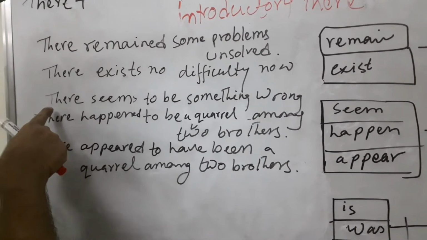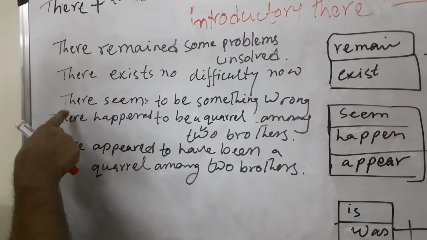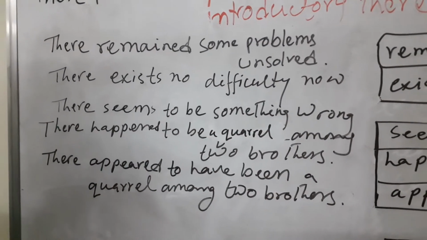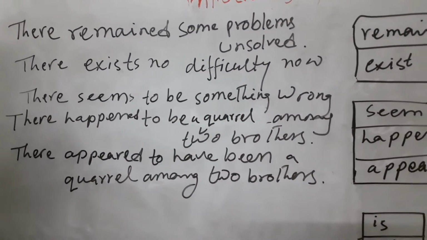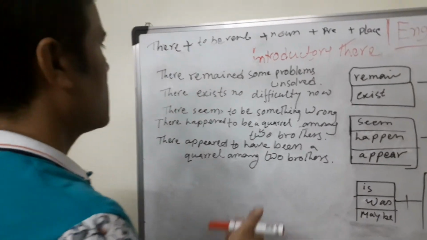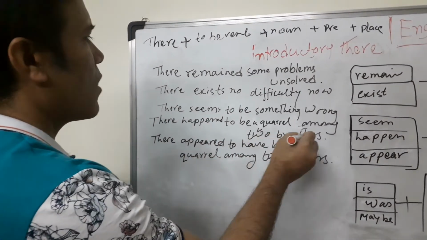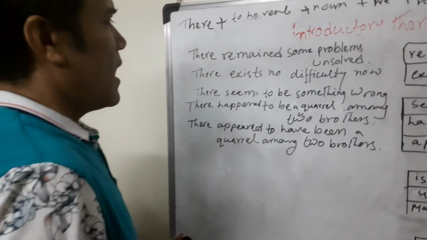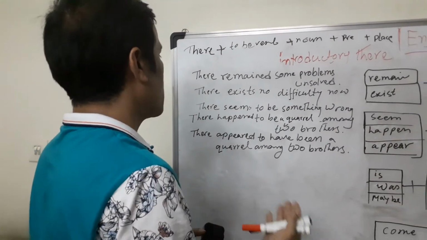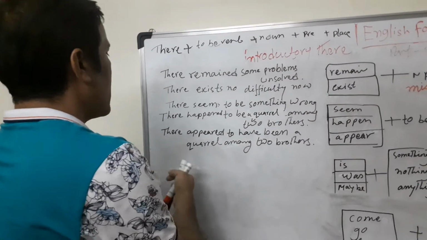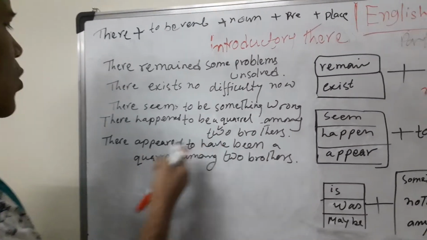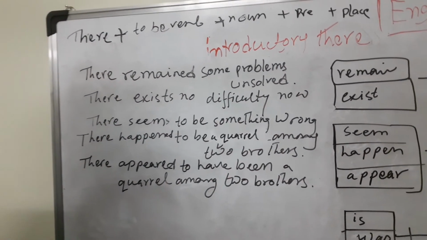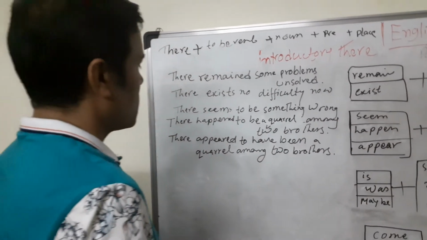The meaning of the first sentence, বাংলায় যা দাঁড়ায়, there seems to be something wrong. কোনো সমস্যা আছে বলে মনে হচ্ছে। There happened to be a quarrel among 2 brothers. 2 ভাইয়ের মধ্যে একটি ঝগড়া ঘটে গেল। There appeared to have been a quarrel among 2 brothers. 2 ভাইয়ের মধ্যে একটি ঝগড়া হয়ে গেল।